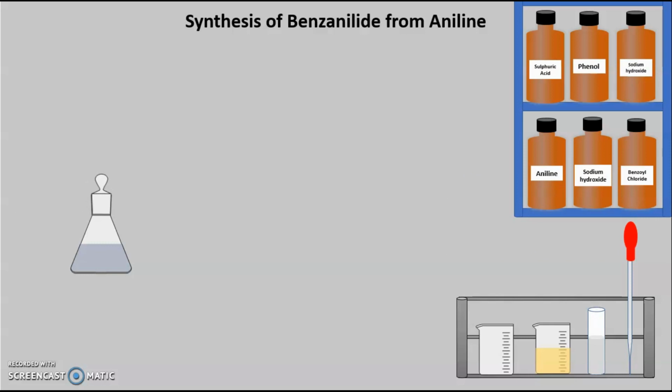Now during this shaking, we have to remember that we have to remove the stopper, so that whatever amount of energy is eliminated can escape into the environment. We have to perform this shaking for 10 minutes, and after 10 minutes the benzoyl derivative, that is the benzanilide, is separated as a white powder. In this way, white crystals of benzanilide are obtained.